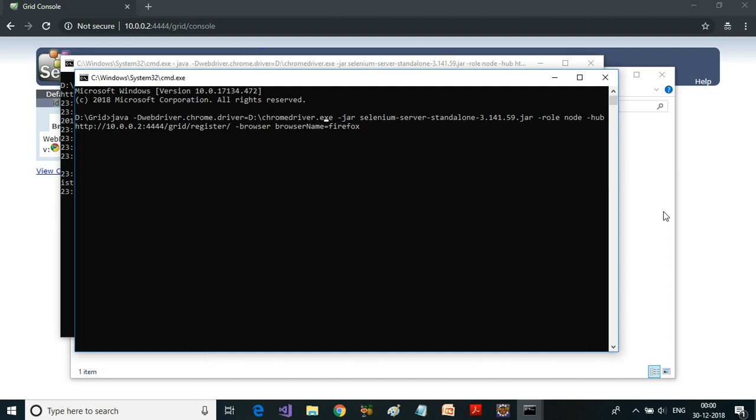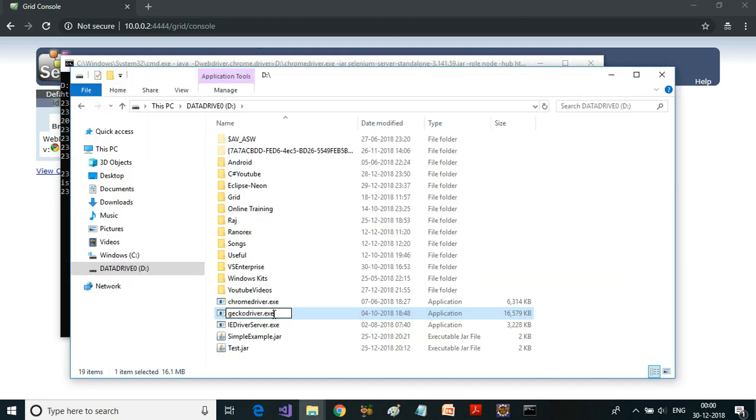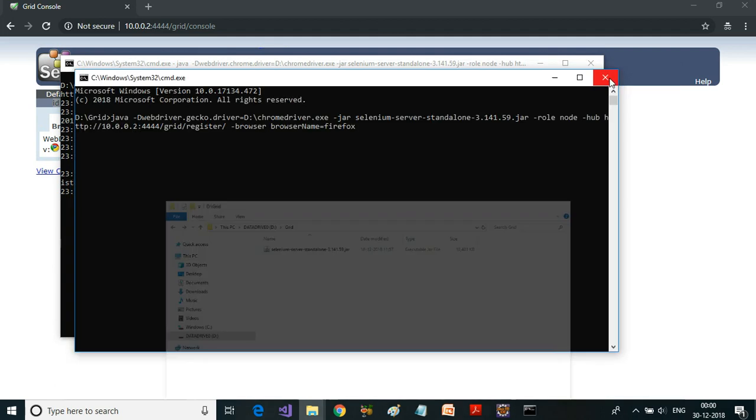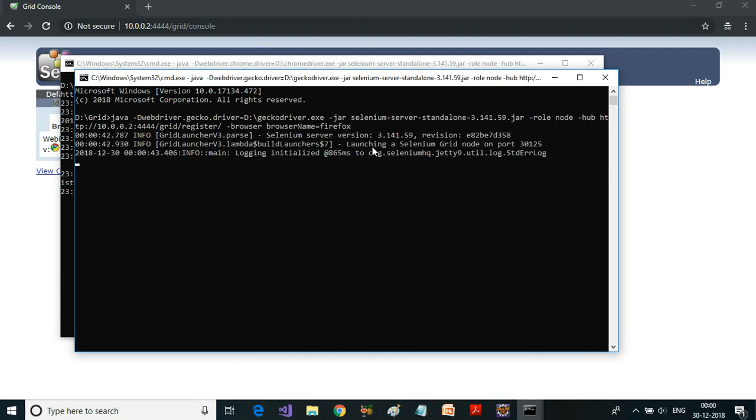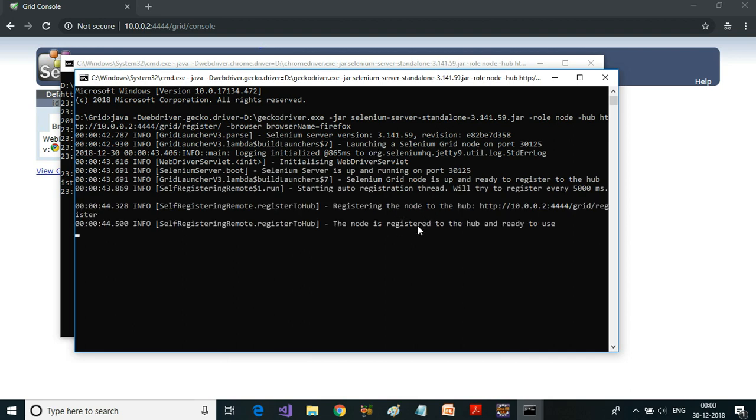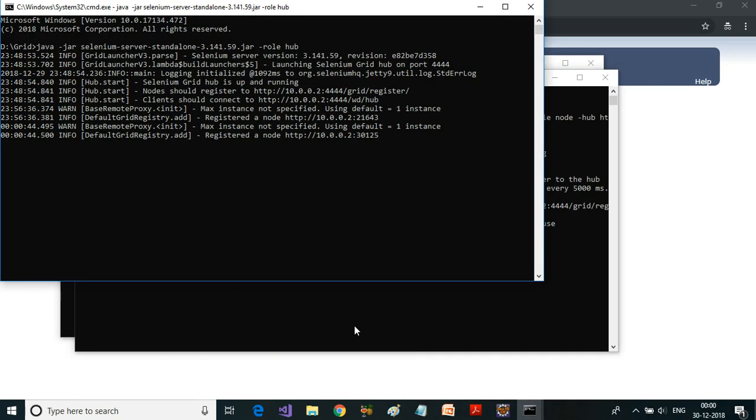And it will be webdriver.gecko.driver, and the gecko driver is, okay, so let me copy this and paste it here. So instead of chromedriver.exe, it will be geckodriver.exe. So let us enter, and another node got registered into this particular hub.